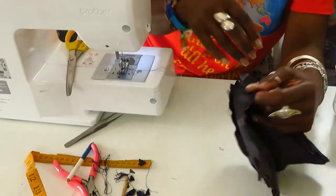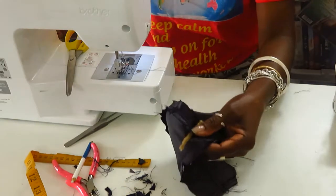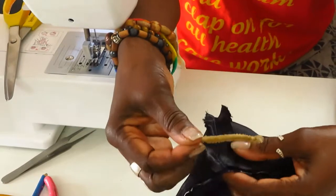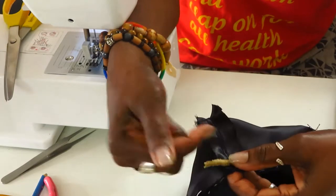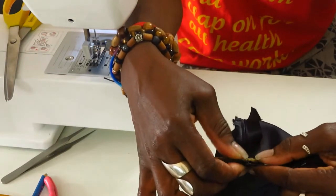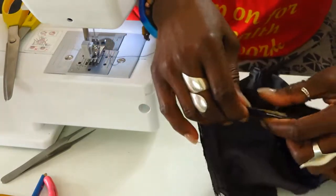Alright, so before we turn that, remember our 2-inch pipe cleaner. I'm going to be putting this at the top. This is the top here. So I'm going to be putting the pipe cleaner right at the top here. It's basically 1 inch here and 1 inch on that side. So you just put that in right here, just a little way above the half-inch stitch, and